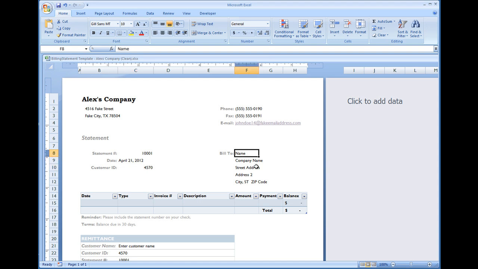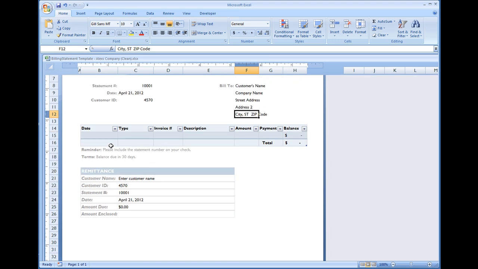Bill to, this would be your customer's name, company name if applicable, their address line 2, city, state, and zip code. I'm going to leave those blank. Those are rather self-explanatory. But coming down here,